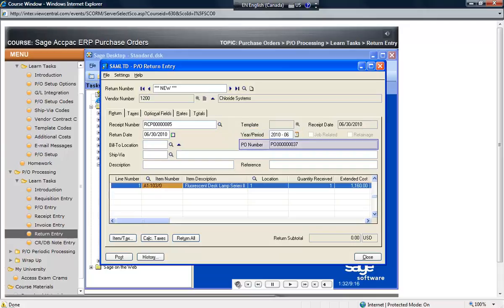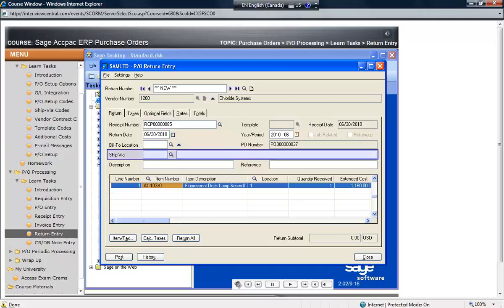Accpac then displays the purchase order number associated with the original receipt. If a single receipt was created earlier for multiple purchase orders, the first purchase order selected appears. If a bill to address was defined on the receipt, indicating where the invoice is sent for payment, Accpac defaults to the location entered. To verify that the correct address has been selected for payment, click the Zoom blue arrow